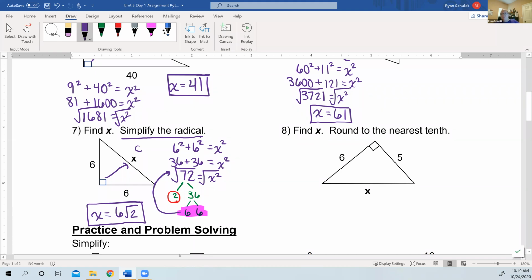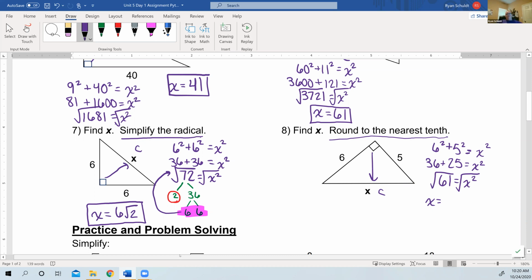Okay, now on number 8, they actually do tell me to round to the nearest tenth. So we can have a decimal answer here. My x is my c. So I'm going to set this up as 6 squared plus 5 squared equals x squared. 6 squared is 36. 5 squared is 25. So that's going to give me 61 equals x squared. If I take the square root of it, it's going to tell me that x is equal to,